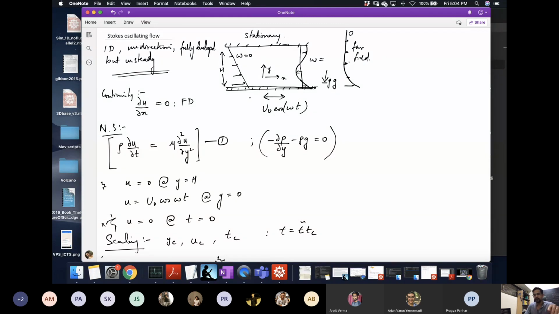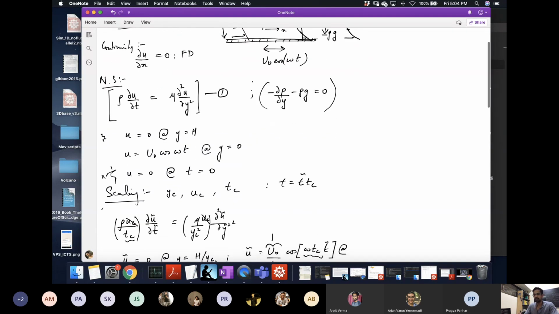But now I can say, suppose omega is not really 0, but it's small. Right? So the plate is oscillating, but it is oscillating so slowly that for the fluid, it's as if at every instant it's following a different constant Couette flow profile. Right? So that makes sense, right? If you do it extremely slowly, the fluid is able to relax fast enough that it almost has a linear velocity Couette profile. But then the question is how slow is slow? That we have now answered.